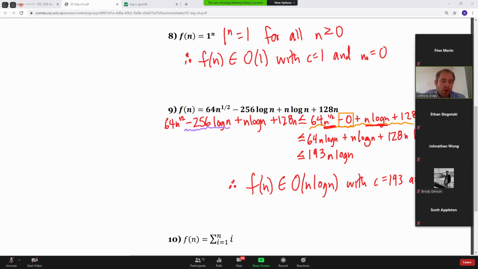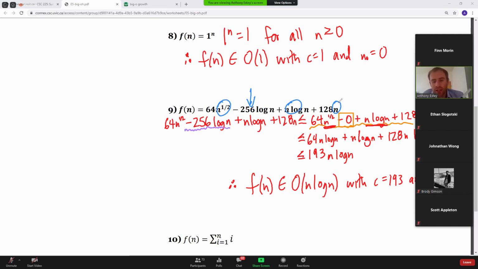So this one was a little bit more difficult. This is something more similar to what you're going to see in the assignment, when you'll have a lot more time to think about it. But again, the steps we did here were that we got rid of the negative term, and then we looked at the other terms and decided which the dominant term was as